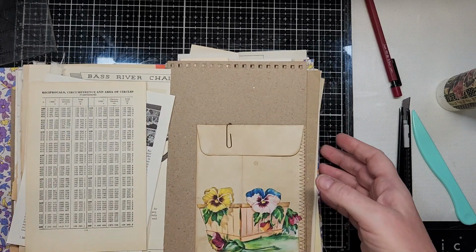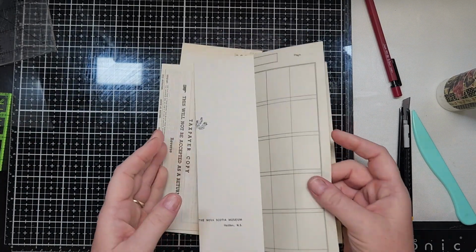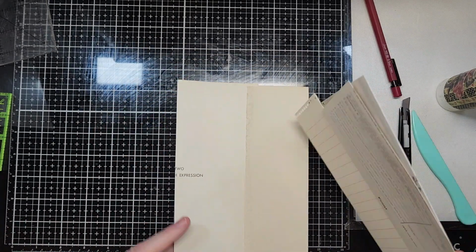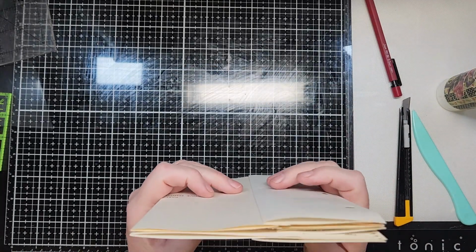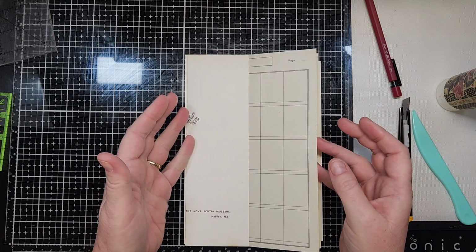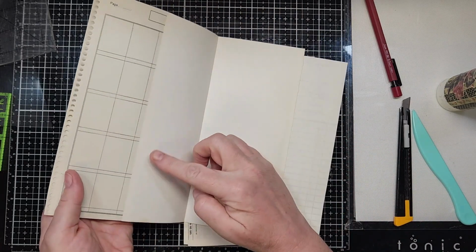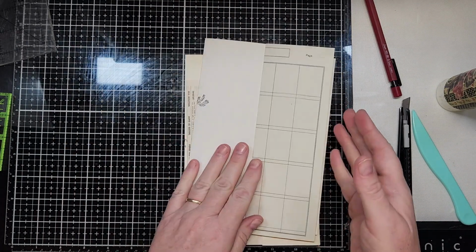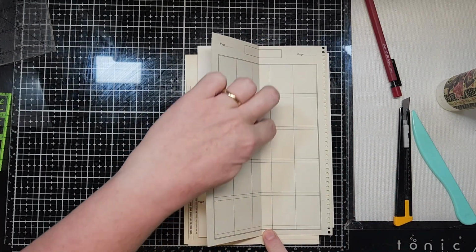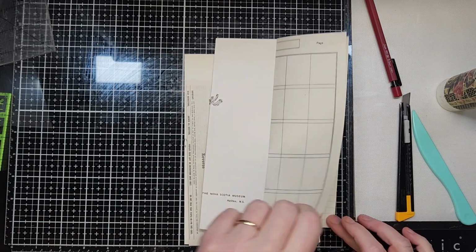All right. So that was a little improvement. So I had these 3 tall, narrow pages, and I wanted to extend them. And this is a method you've very likely seen me do before. So I folded a page in half and glued the edge to the long, narrow piece. I will sew here on this side of the fold so that it can be open like that for more journaling, and then page turn,